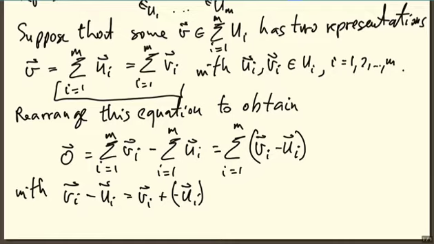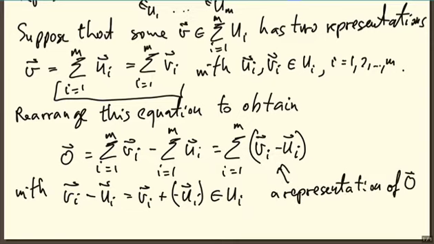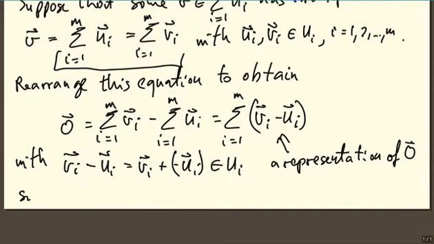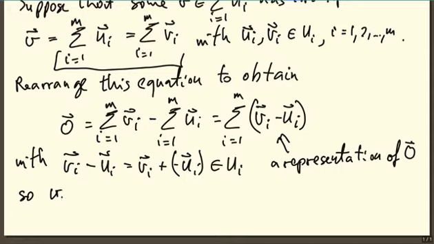So both of these are from ui, and that means the sum is also from ui. So what we get here is a representation of the 0 vector, but this is supposed to be unique. So that means that vi minus ui must be equal to 0, and that means that vi equals ui